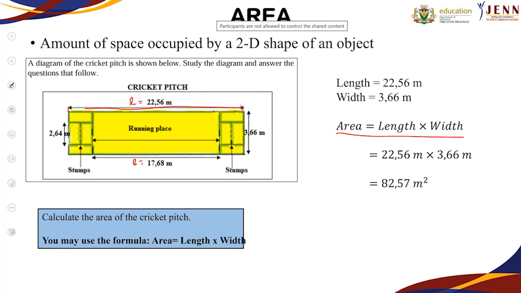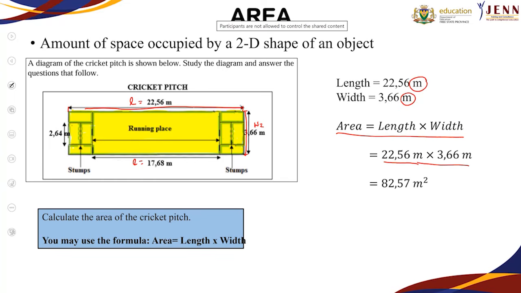And they want me to multiply, that's what the formula says, multiplied by the width of the cricket pitch. So the width is 3,66 meters. So before I can use my formula, like I said, you must make sure that your units are the same. So my length is in meters, my width is in meters. Then now I can substitute into the formula. So the length of 22,56 meters, I'm going to multiply it by the width of 3,66 meters, which will give me